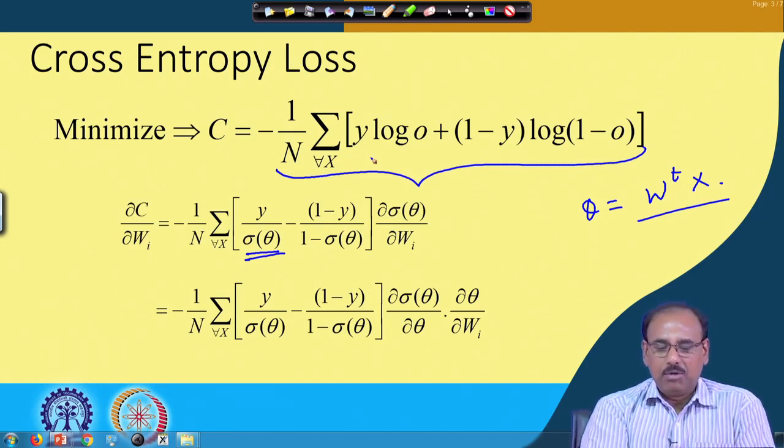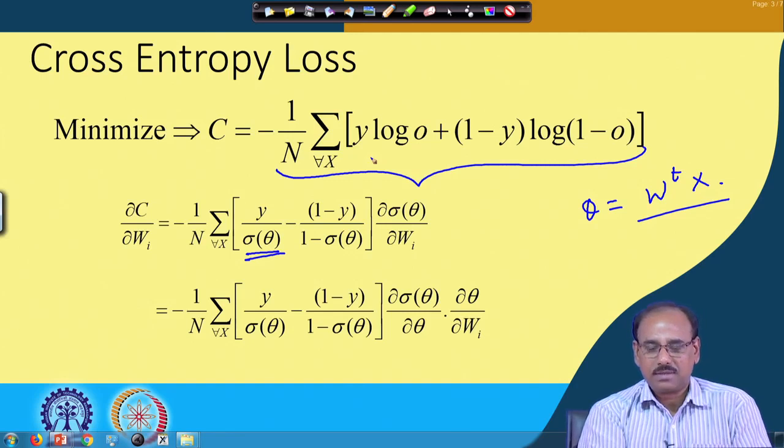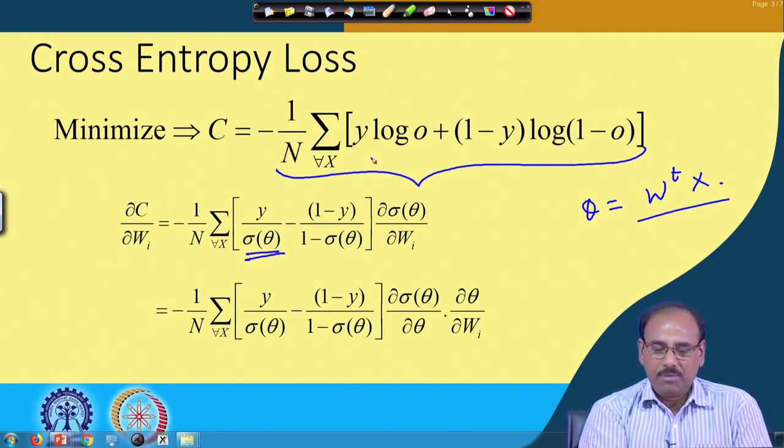So, del C del W I simply becomes 1 upon n sum of y upon sigma theta minus 1 minus y upon 1 minus sigma theta into del sigma theta del W I. Take the summation of this over all input vectors x, and that simply becomes minus 1 upon n, then sum of y upon sigma theta minus 1